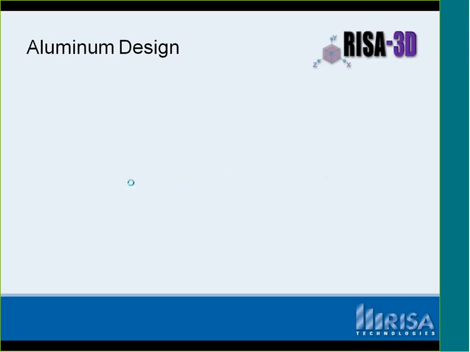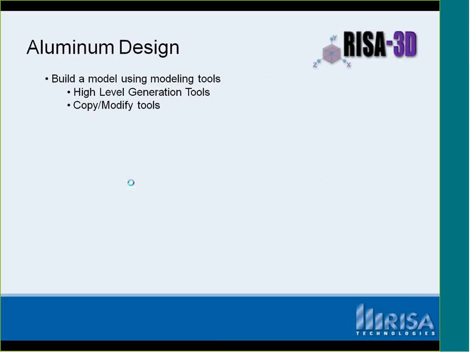First thing we'll be doing is building a model. We're going to be using some high-level generation tools and some copy-modify tools to help us design that model. We'll actually be doing 2 models today, and we'll be working with these different types of models to see how we can implement them with aluminum shapes. But I'd like to give you a little bit of background on some interesting modeling tips too. So we have two different approaches in this webinar: one to help you get further in design with the modeling tips, but also understanding how you're using an